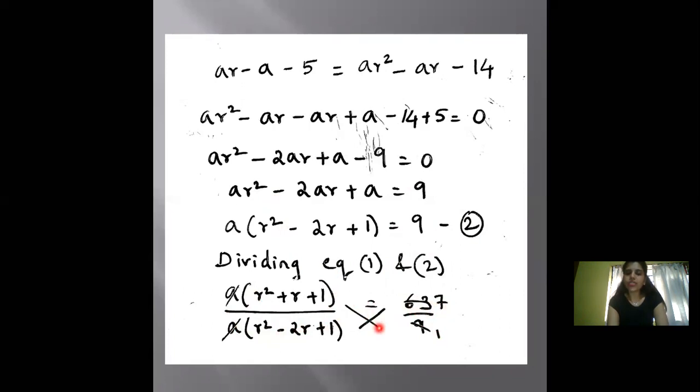Now what you can do is cross multiply. The reason is you cannot cancel anything. You cannot factorize it, because as it is 1R, you cannot factorize. So it's better that you cross multiply.